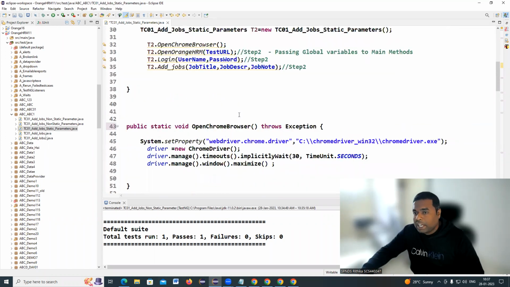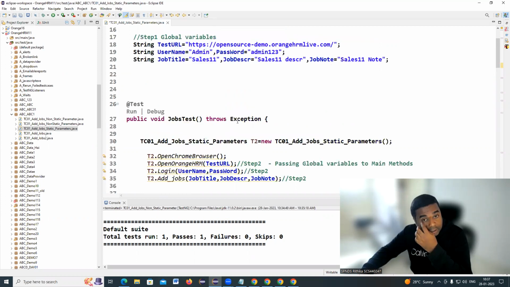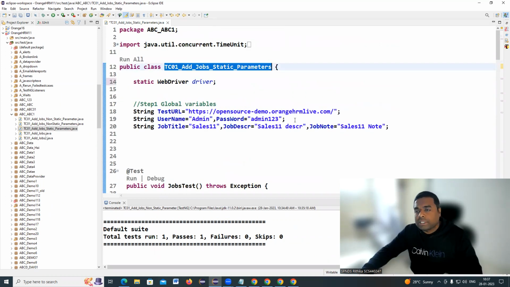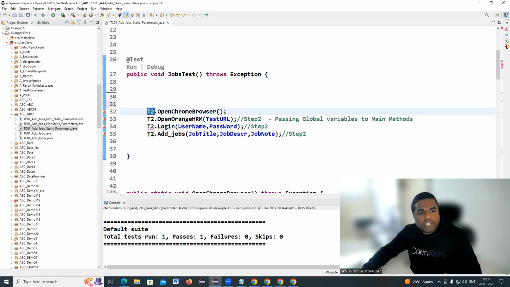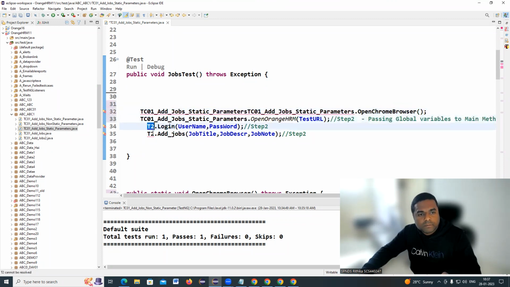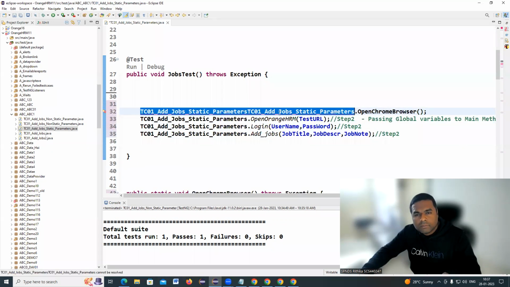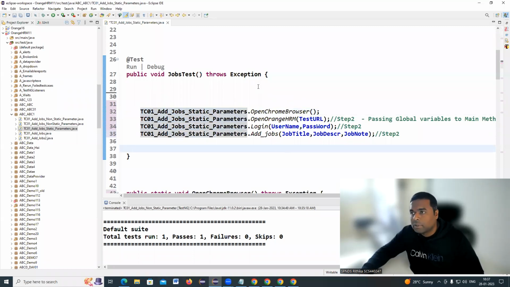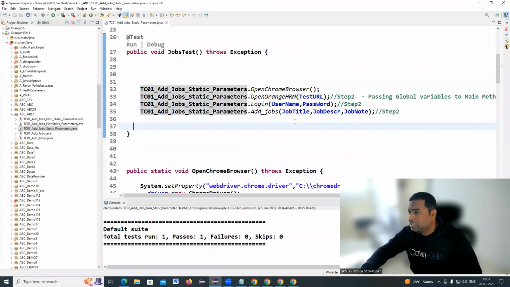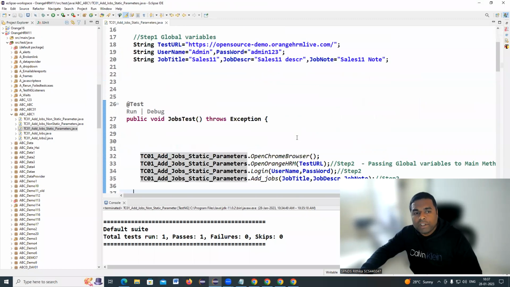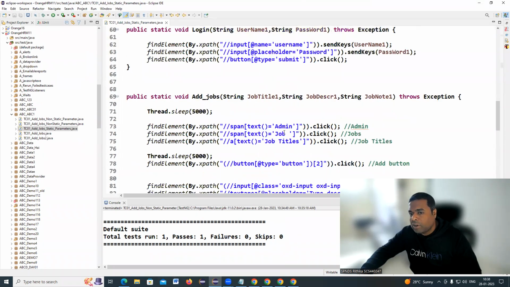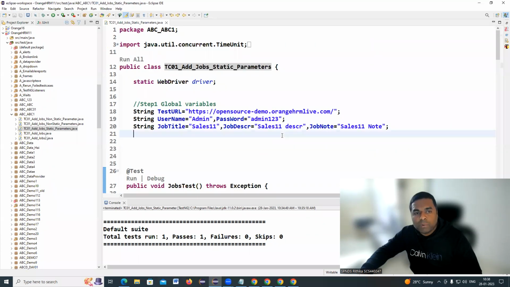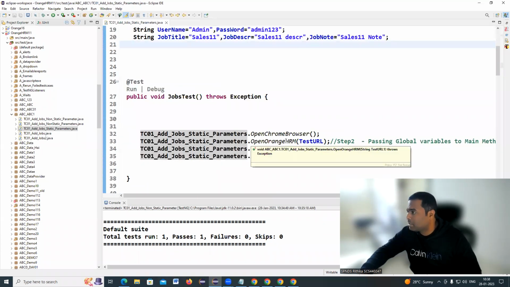So now all my methods are static methods. If they are static methods, I need not create an object. I can directly call class name dot method name. That's it. The methods are already parameterized here, so each and every static method has its local variables created already, with parameters. So this approach we can call static methods with parameters. Got the point? Once you know the non-static methods approach,